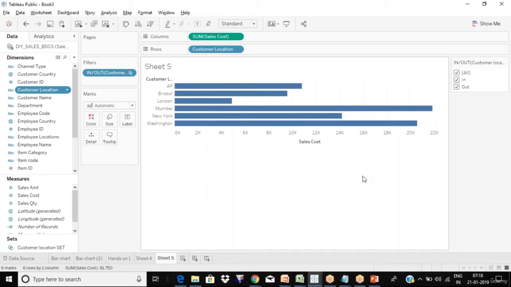So I'll give a couple of minutes here. Just give it a try. Don't worry, you're not writing any code. Even if you go wrong, that's fine. The good way of learning all these tools is don't worry about what will happen if I drag this column onto here instead of here. You do it and see what is happening. That is a good way of learning these visualization tools. And anyways, you're not writing any code. Even if you go wrong somewhere, you can always remove that column, right?